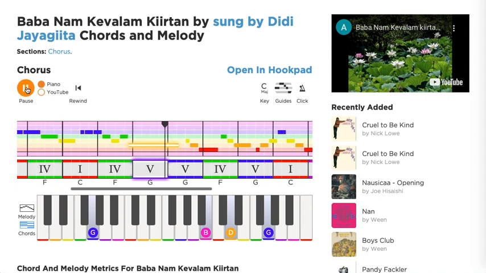So if you're playing the harmonium, then you would just be playing these three that are up here. Don't worry about this one that's showing at the bottom. In the future, there will be a lot of resources on this website for learning how to play the harmonium and the piano, but for now we're just sharing these hook pad notations. So click onto,